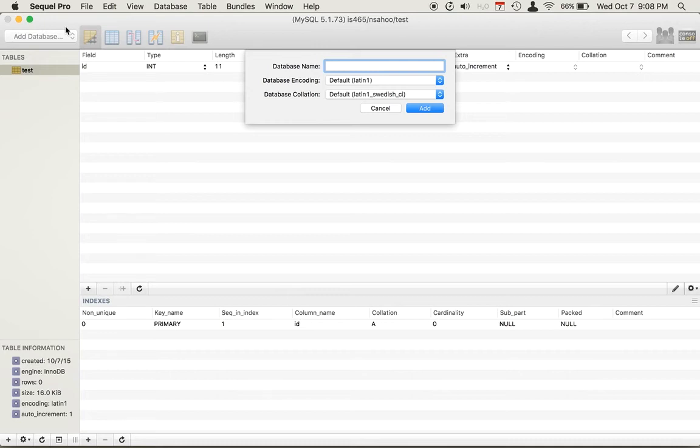The name that you can give to this new database has to follow a specific pattern. It has to start with your user ID that you use to log in, followed by an underscore, followed by some string that you want to give to distinguish this particular database from other databases that you have. So I'm going to call it nsahu underscore hw3 for homework 3, and then click add,